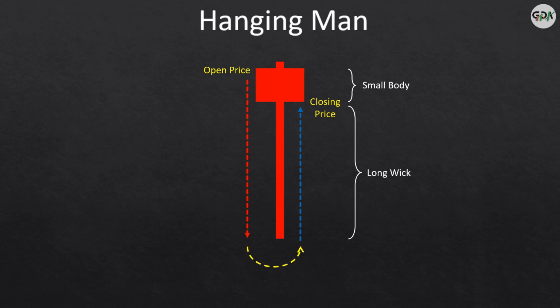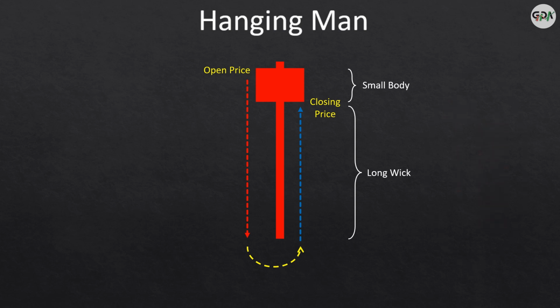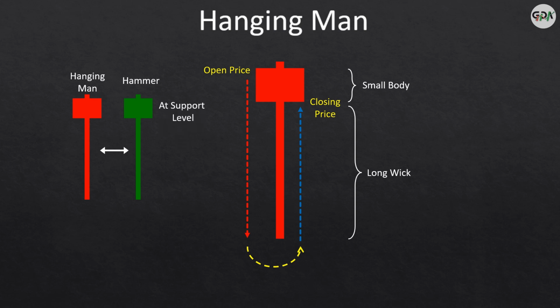Hanging man forms with a tug of war between buyers and sellers. Only the hanging man formation will not guide us on the direction of the chart. We need to wait for confirmation by the immediate next candle with a solid red. Hanging man and hammer look similar, but a hammer contains a small green body, forms at the support level and is a bullish reversal pattern, whereas a hanging man with a small red body will form more often at the resistance level.